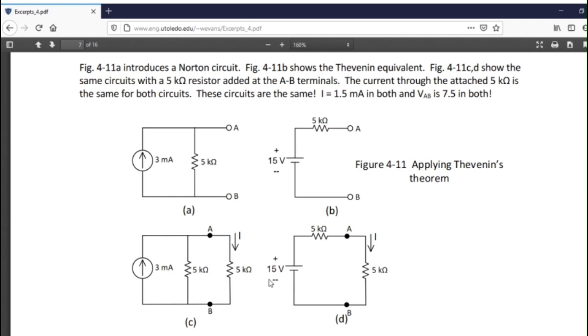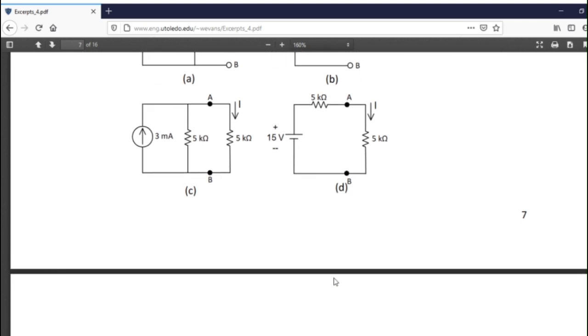Here, I've got a circuit that basically says, I've got current, I've got 5 volts. How do I find the current through here? Well, if you cut it right there and say, I want to convert this to Thevenin, because this looks like Norton to me, and it is Norton, multiply the 5 times the 3, so 15 volts, move the 5K up here. Now I can find the current through this. It's much easier, in my opinion, than finding this, but either way works. But this way is a little bit easier. So you can use the Thevenin equivalent to find your voltage, or find your current. Okay,